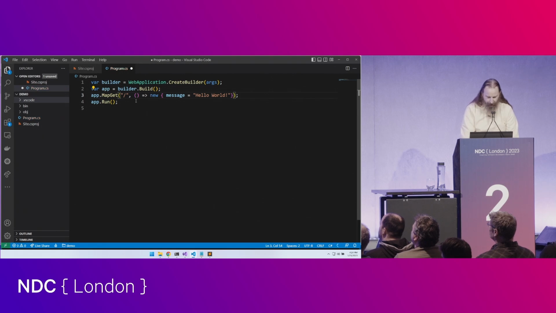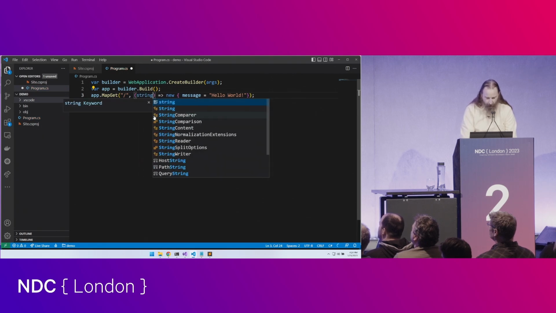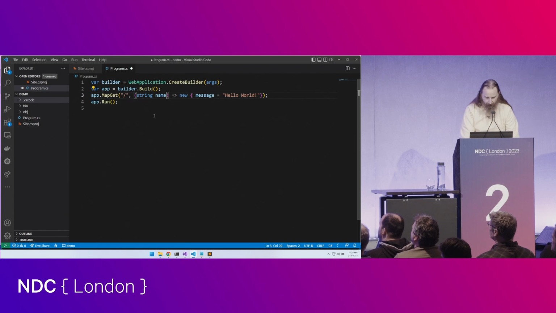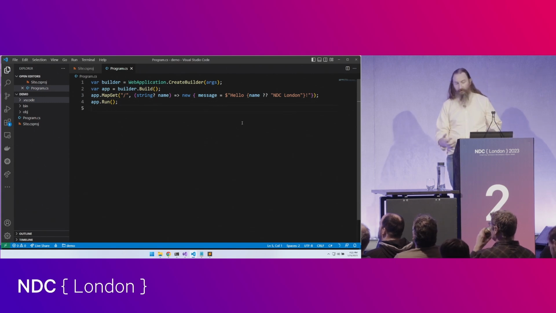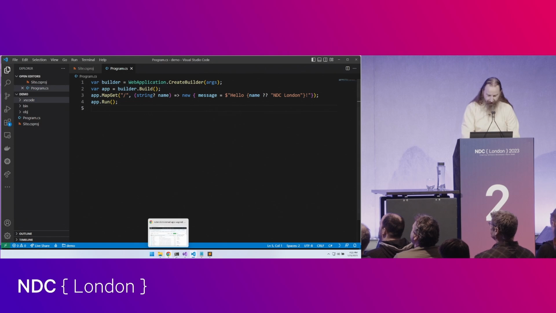But in case somebody wants to pass in a name, I'll make that optional actually. And let's say hello world, or let's say hello name. Let's make that a string like this. And I'll even give it an optional NDC London. And that will do that. Cool. So now that we've got our web server built, let's say